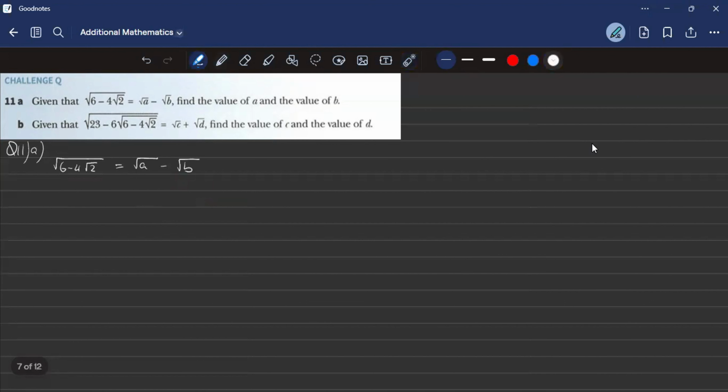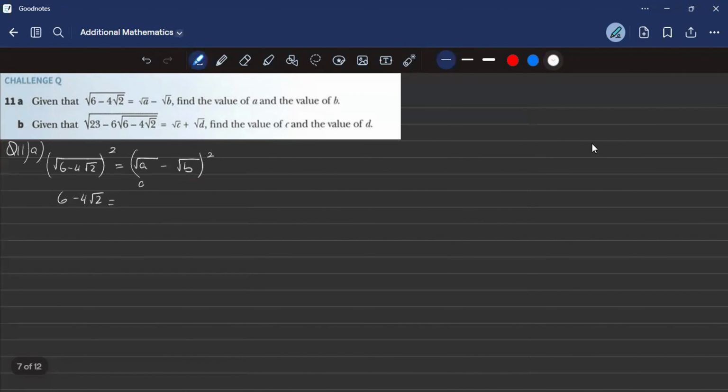So what you should prefer is keep these values. Now, how do you finish that under root? You apply the square. Now you can't apply square on one side because you need to neutralize it on the other side. So you apply square on both sides. So basically the values stay the same. So 6 minus 4 under root 2 is supposed to be equals to under root a minus under root b